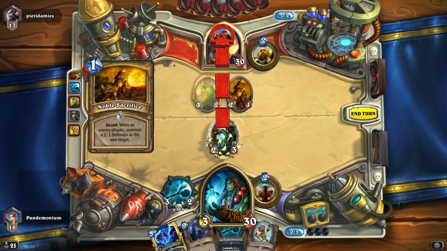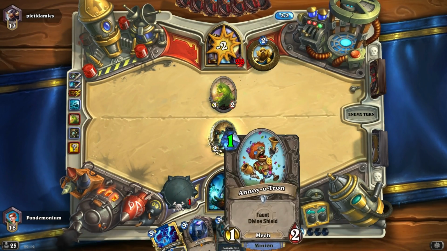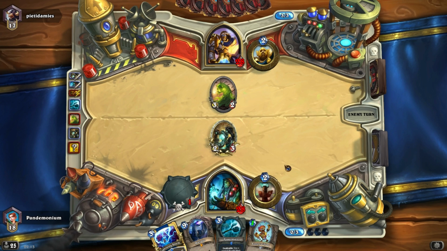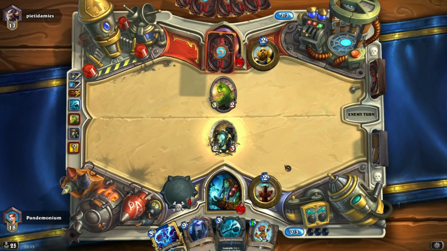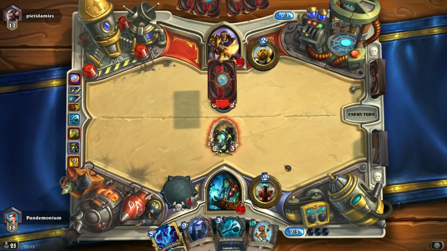Noble Sacrifice there, kind of annoying, but at the same time, really not a big deal. My Annoyatron I added as kind of a tech card just to ride the early game a little bit easier, because against heavy aggro decks, this deck in particular was being crushed, which obviously is a problem. He may be true silvering here just to...